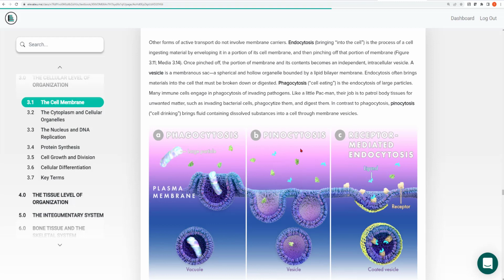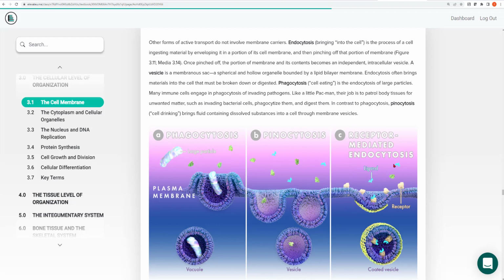A more specific form of pinocytosis is called receptor-mediated endocytosis. And this is sort of the same as pinocytosis, except there is a particular receptor found on the outside of the cell membrane. So this would be a peripheral protein. Remember I told you that peripheral proteins are oftentimes receptors. This protein in the membrane is going to receive this blue protein called a ligand.